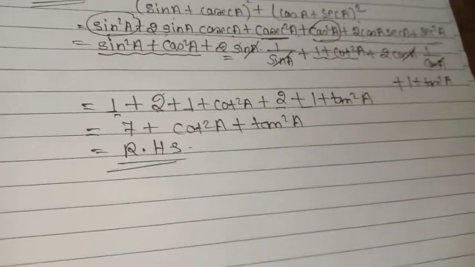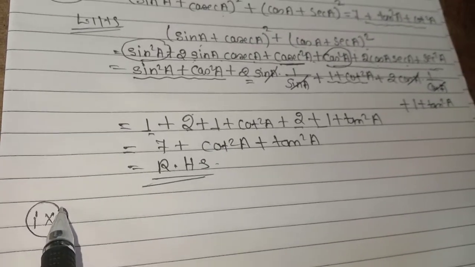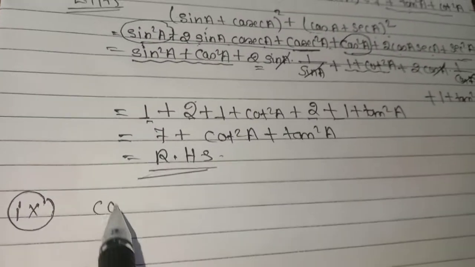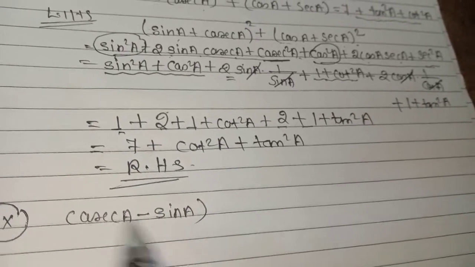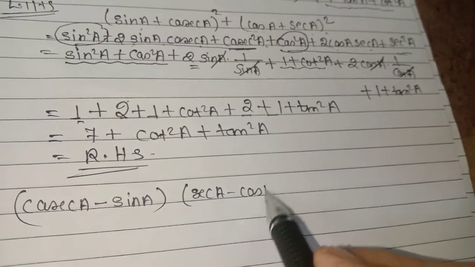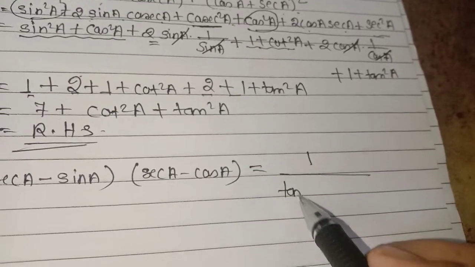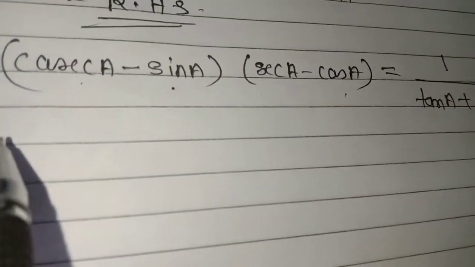Now question number 9. It is given as (cosec A minus sin A) into (sec A minus cos A) is equal to 1 upon tan A plus cot A. Cosec A minus sin A into sec A minus cos A is equal to 1 upon tan A plus cot A. Left hand side,